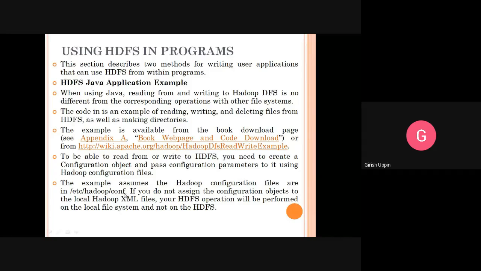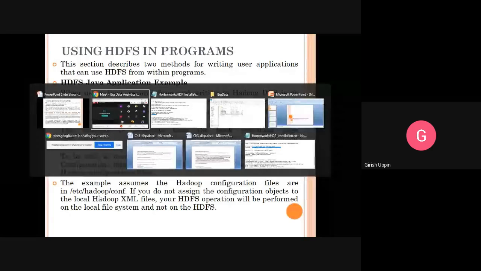Okay, this particular explanation is for the Hadoop 2.6 version. So this folder may not be the actual folder. If your installation is different from what the book specifies, then you may not find the configuration files in this particular folder. For that, you can search the HDFS file system. How to search the HDFS file system? We can use the find command.